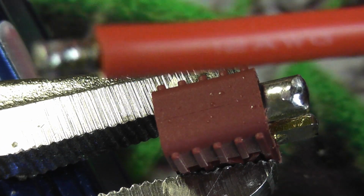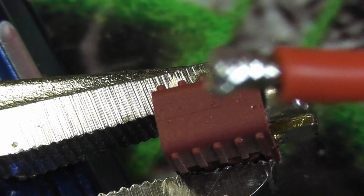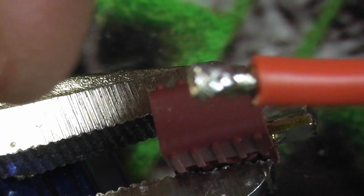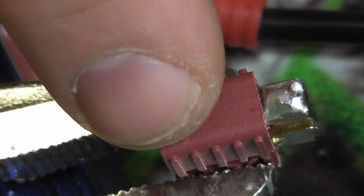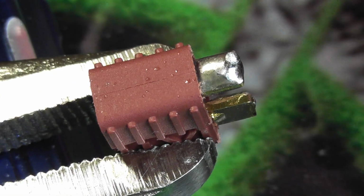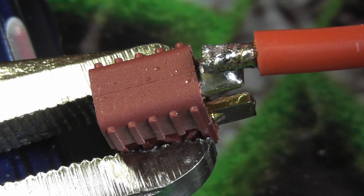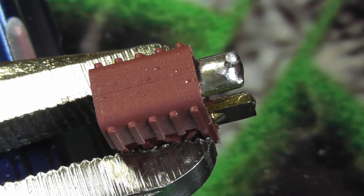Okay, another tip that I forgot to tell you guys. Alright, so once we get our end nice and flat, I apologize for cutting away there, but I just realized I had the Deans connector upside down. I was getting ready to put this positive lead on the negative side. That would not be good. So at any rate, once we get our end trimmed up here, then we're ready to connect